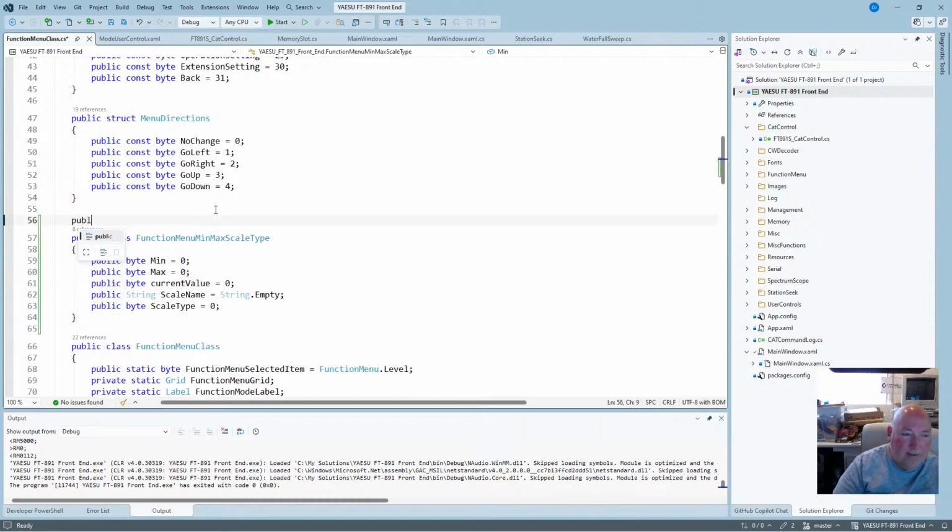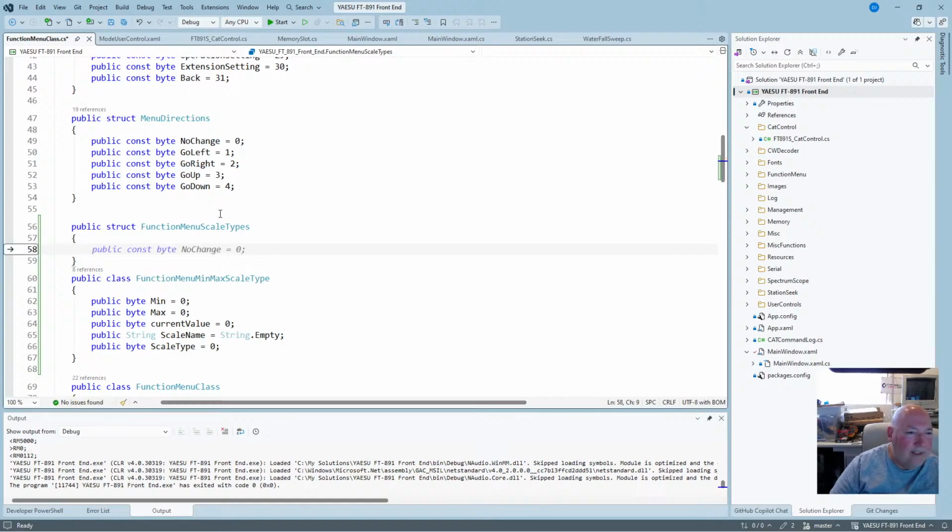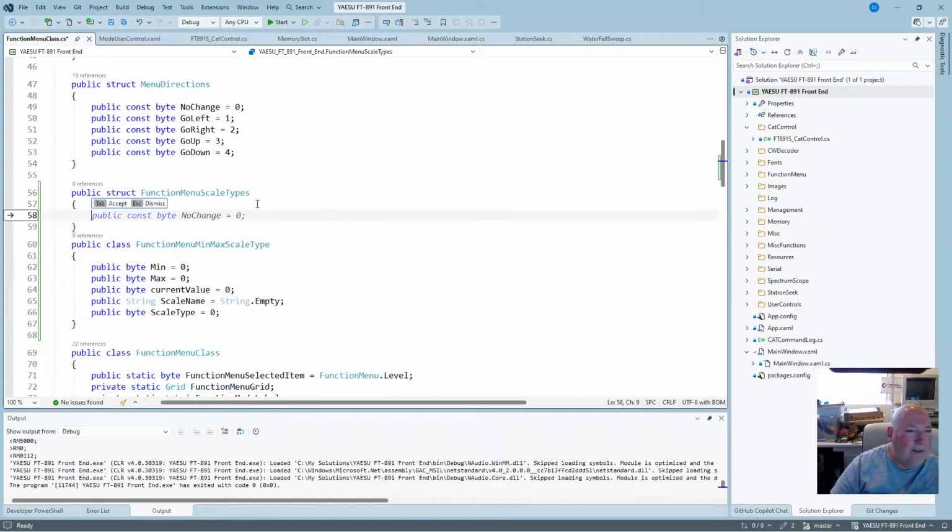So public struct scale types function menu, function menu scale types. Everything has to make sense. So the scale types will be